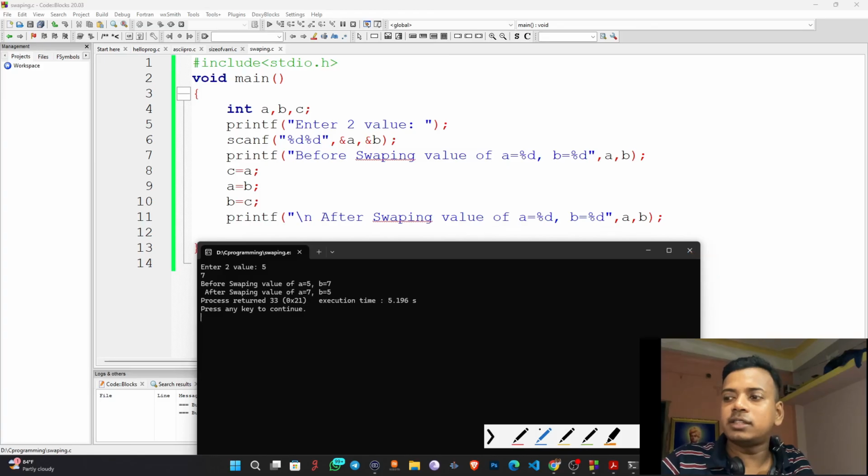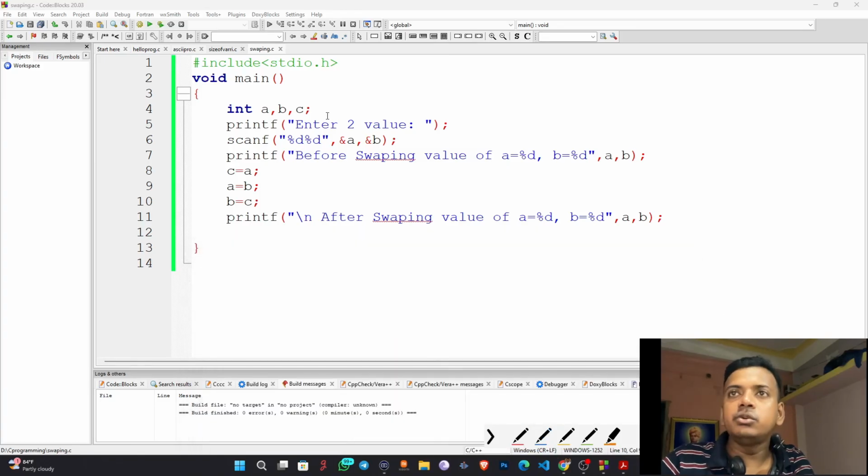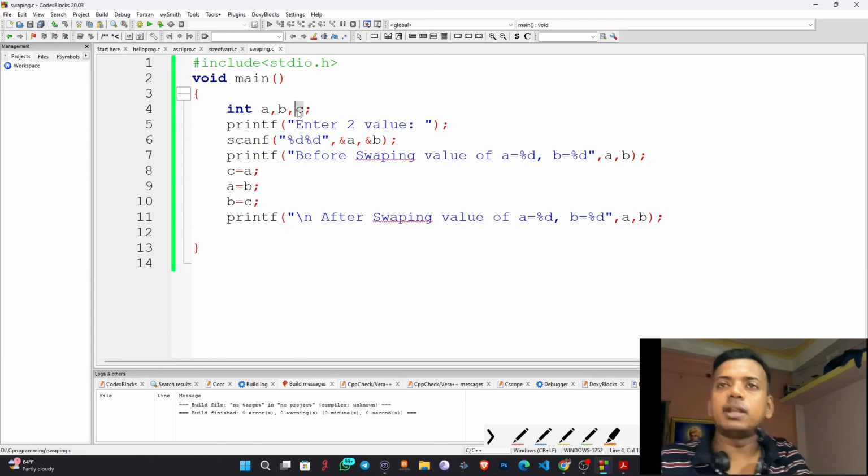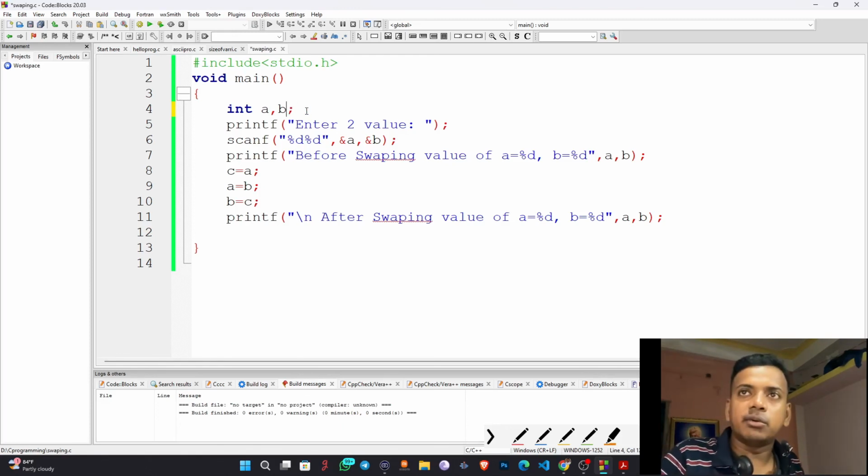Now again, this is using a third variable, right? So we used that C as a third variable. Now we will not use C. So within these two variables, we need to interchange these two values. That means the A value will become the B value and the B value will become the A value. Okay, C will not be here. Now what we will do,